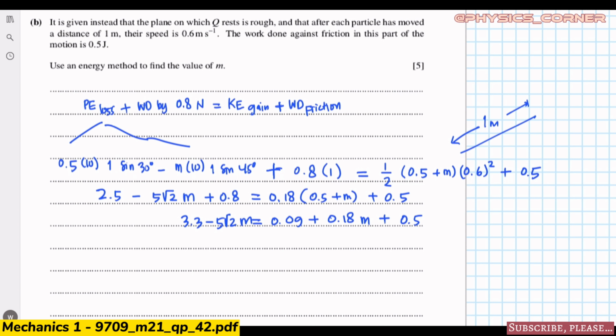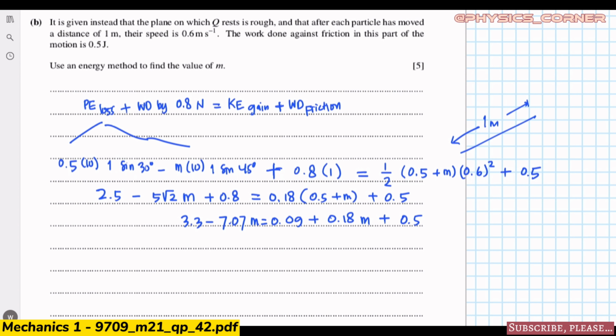And maybe I will change here 5 root 2, how much is it? It is 7.07. This is 7.07 m equals